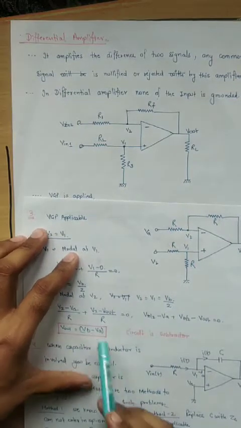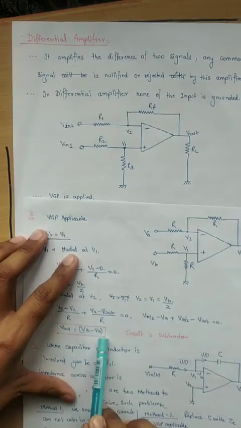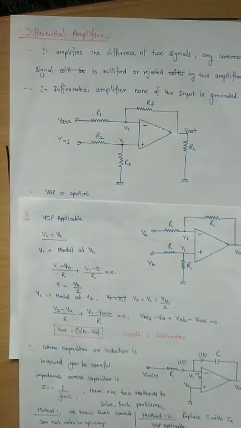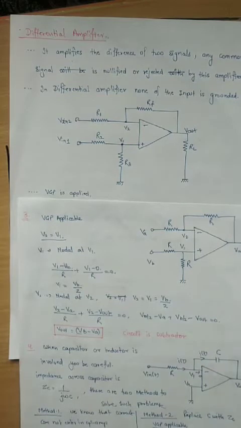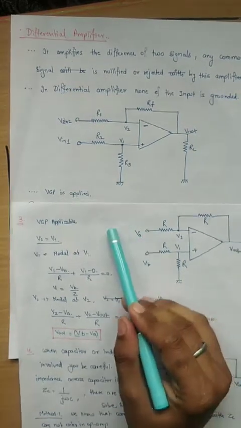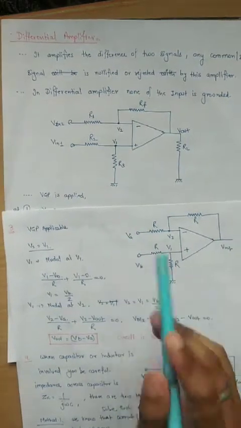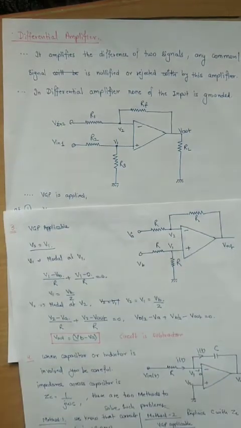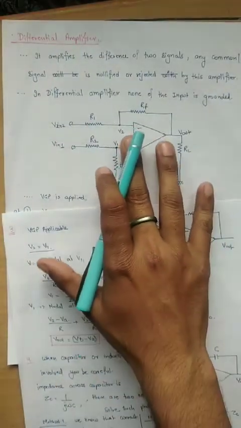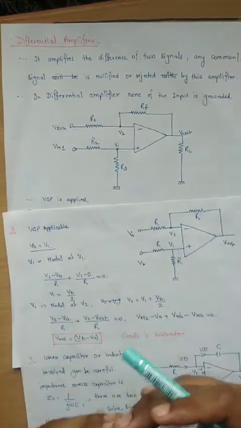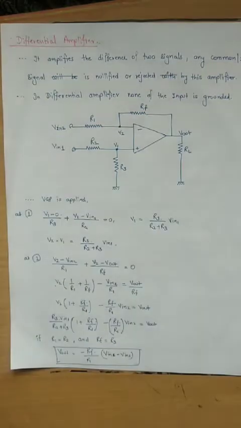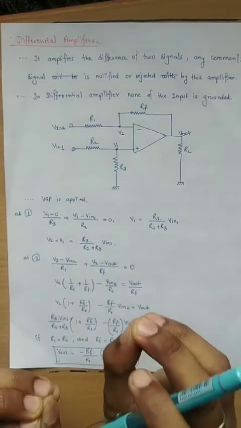I will tell you. At the output, we are getting VB minus VA here. We can apply more inputs over here, so the circuit will be larger. We can have the adder circuit over here, so it will be V1 plus V2 plus V3 minus VB. So it will be a large circuit. But in the differential amplifier, not very much difference. We will get the difference of the output as we are getting in the subtractor.